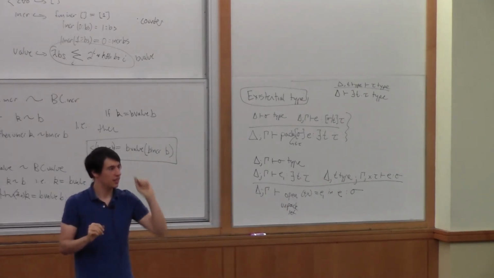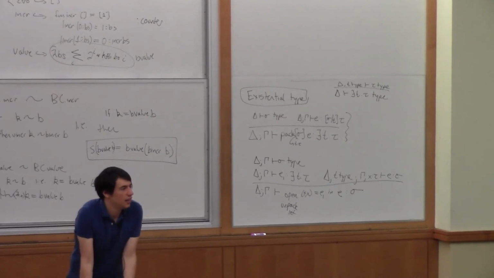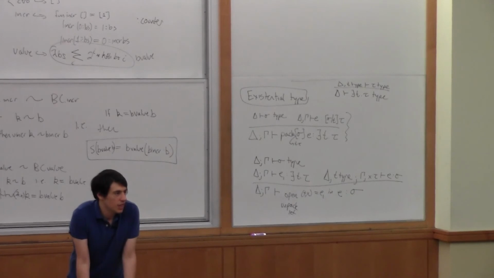Okay. So it seems like you were sort of intuitively thinking of it as a transition system. Is there a way to make that more formal? It's on a record type, right? Yeah. I mean, so